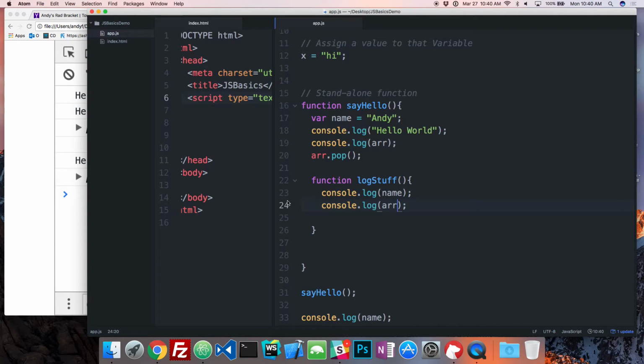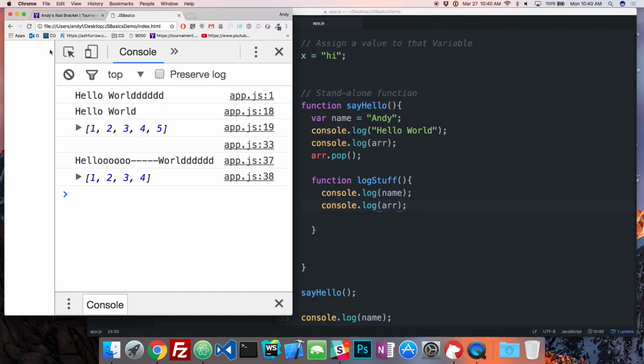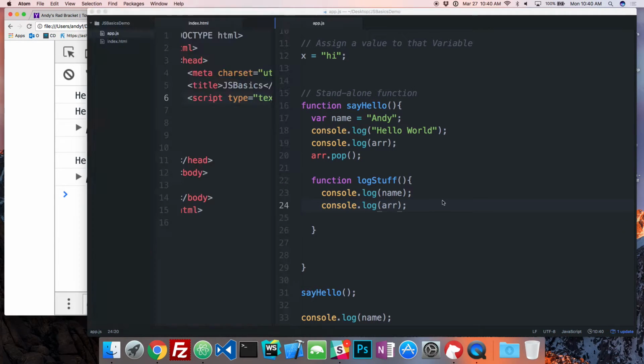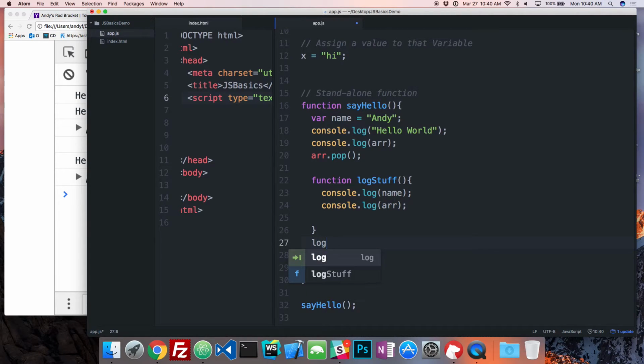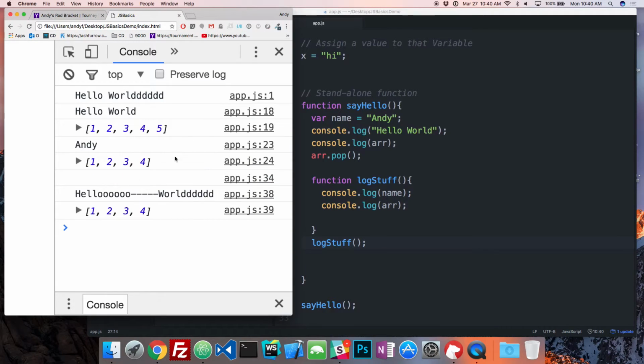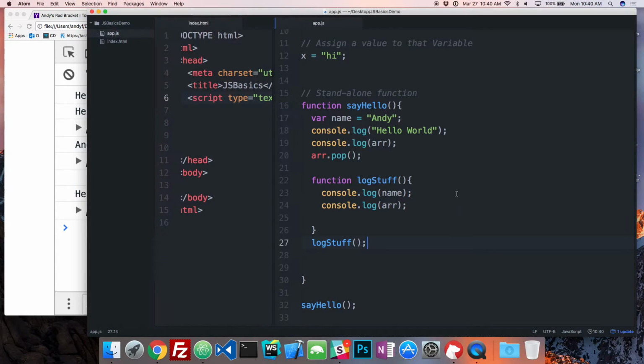So we console log line 23, line 24. Oops. Why is it not console log? I didn't call the function, right? There we go, line 23, line 24. So we have access to these variables. But if I create a variable here like that, I don't have access to that in my parent, right?